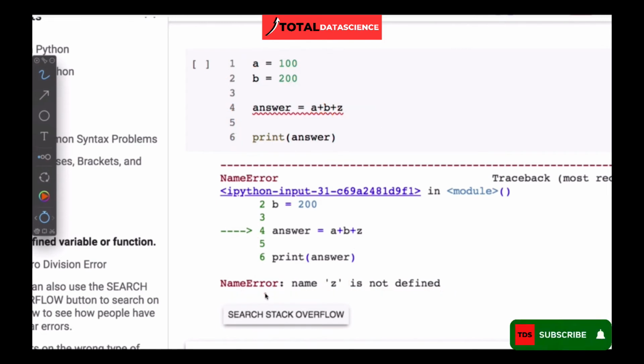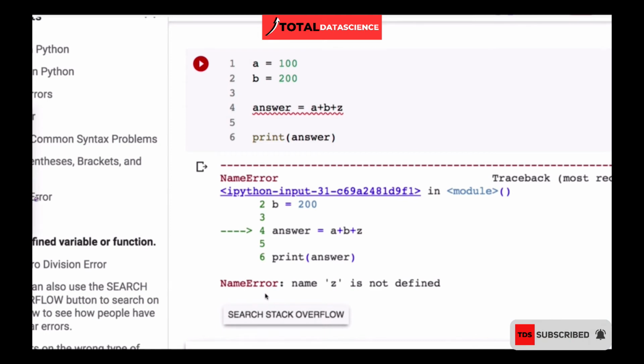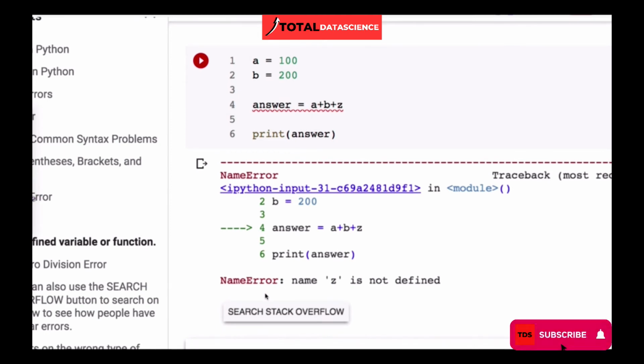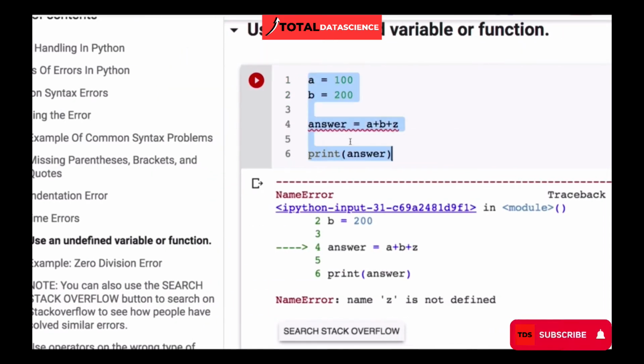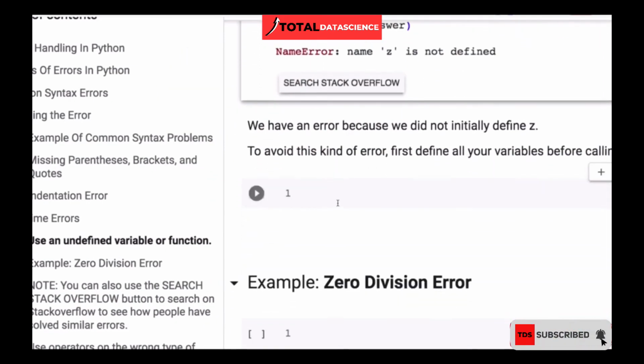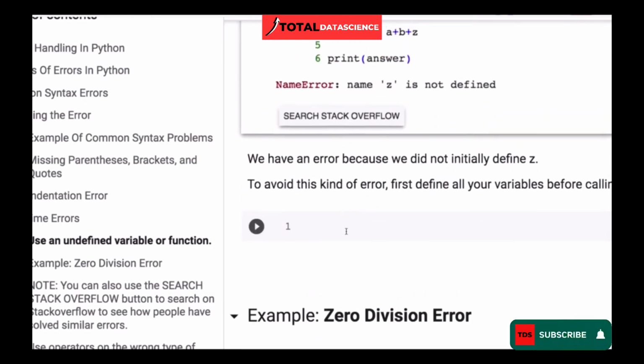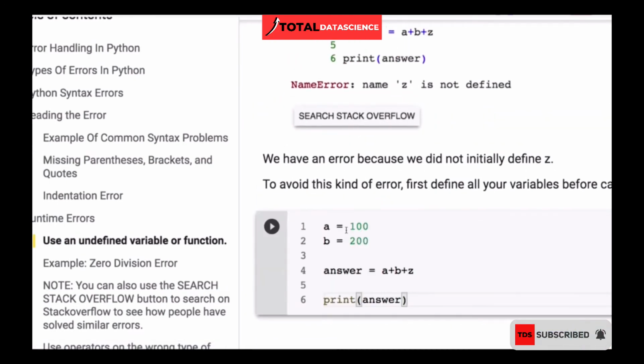All right, so this is another error that you're going to encounter. So for instance, let me copy this one and then bring it over here. Now let's say I have my z. Let's say I give the z to be say 50. Right. Now if I run this one,